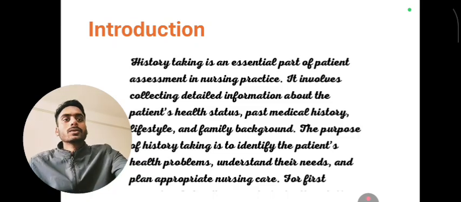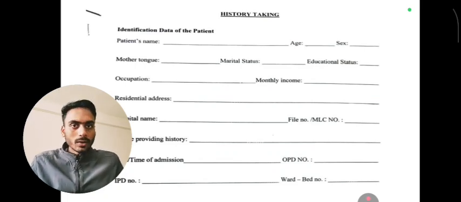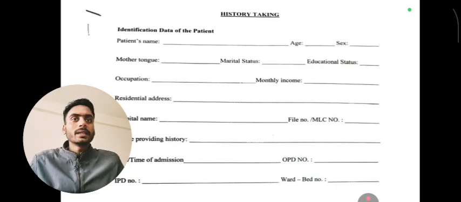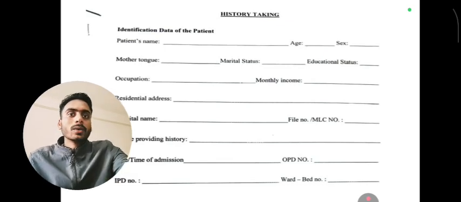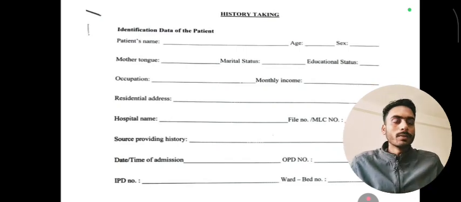right? So the format is different according to the college, but according to my college this is the format. Okay, so first identification data of the patient. Okay, so first we have to write patient's name, age, sex, mother tongue, marital status, educational status, occupation, monthly income, residential address. Okay, hospital's name, and then file number, source providing history,